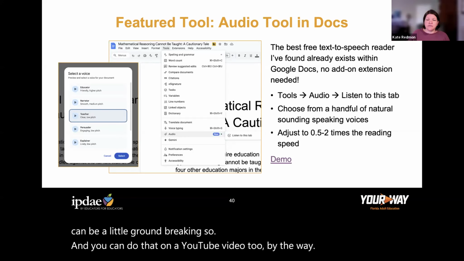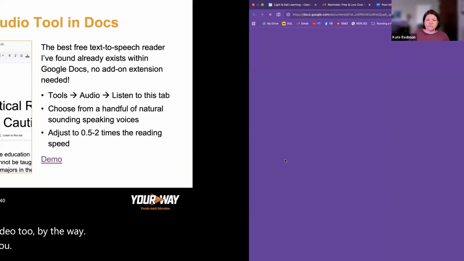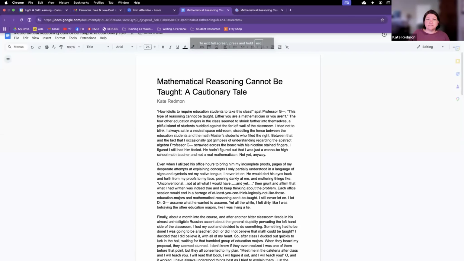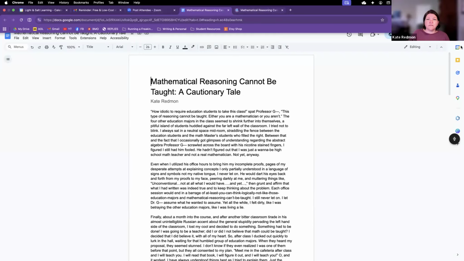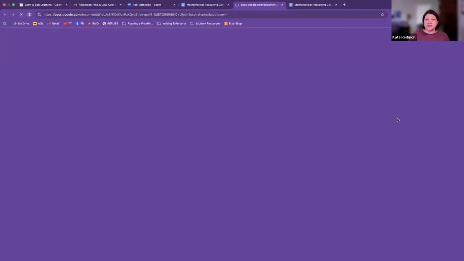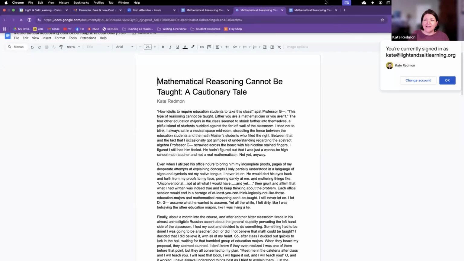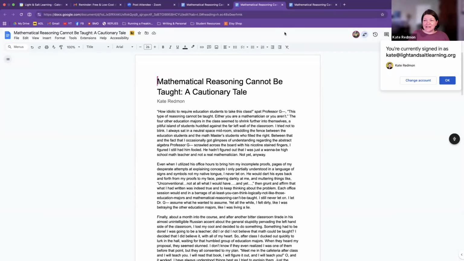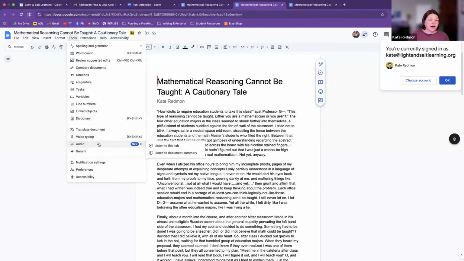Okay, so I was going to demo this for you. So give me 1 second to get to it. So, fun story. As I was practicing again for this today, I found out that one of my Google accounts, I use 3 regularly, did not like using the audio tab, and the other 2 did. So, if for some reason it's not working, try signing into a different Google account for you. I'm not sure why that one didn't want to work, but anyway, under tools, I can just go to audio,